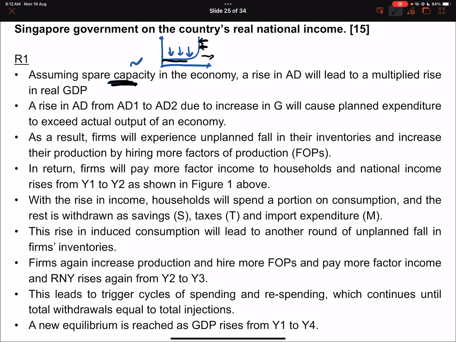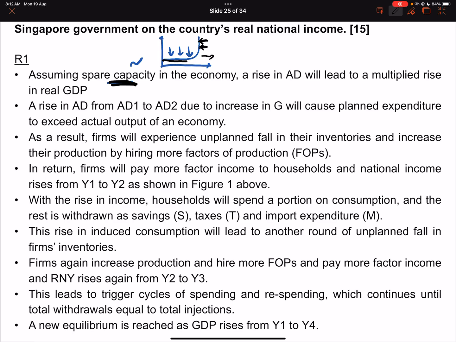Okay, so the multiplier process works by cycles of spending and respending, right? So what this means is that I spend to buy my friend's stuff, which increases the income of my friend. And then my friend will go and buy his friend's stuff, which then increases the income of his friend. And so then there's this ripple effect of spending and respending that increases the amount of goods and services in the economy produced by way more than the initial change that I made.